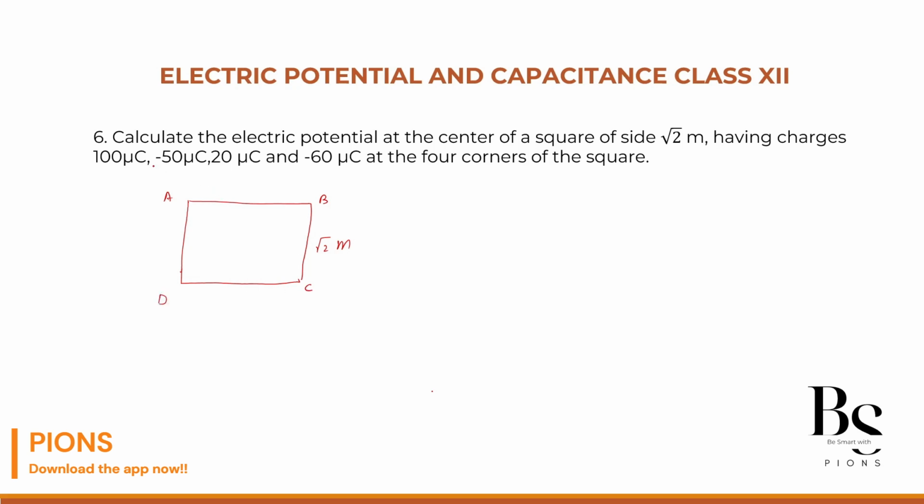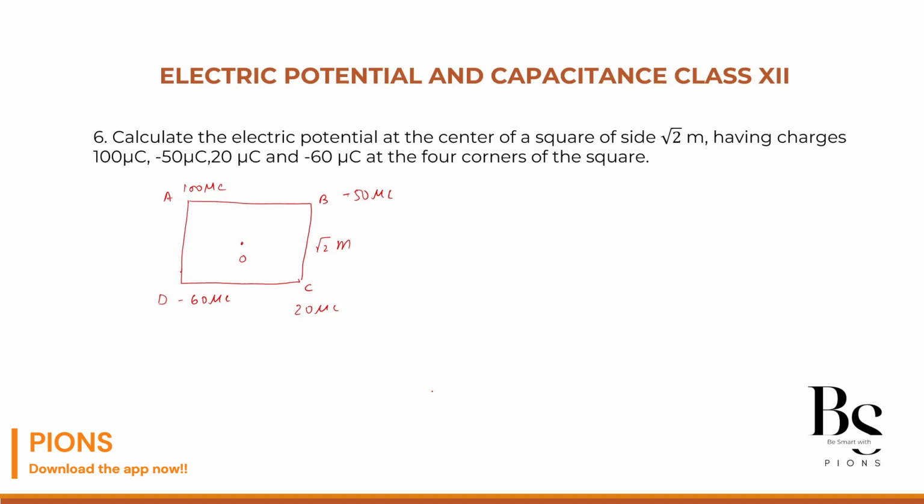Having charges, let's go in the same order: 100 microcoulomb, minus 50 microcoulomb, 20 microcoulomb, and minus 60 microcoulomb. They are placed at ABCD, the four corners. You have to find the potential at the center of the square. Let me remind you again, potential is a scalar quantity. So if the center is O,